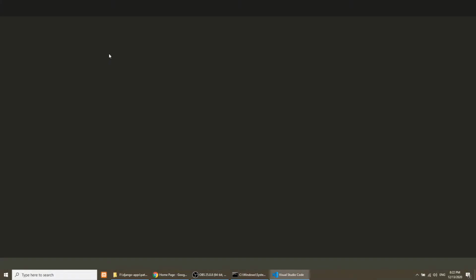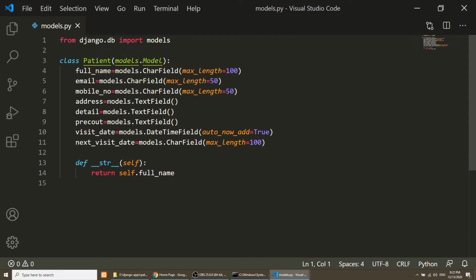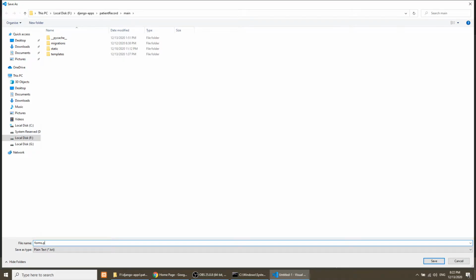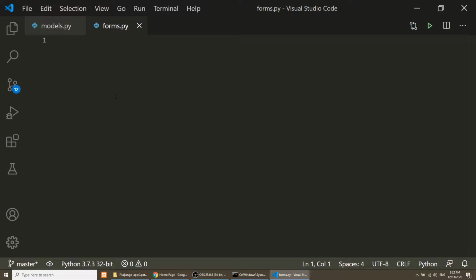This is our models.py file, and now we will create the forms.py file where we will create the form according to our model. So, from django import forms.